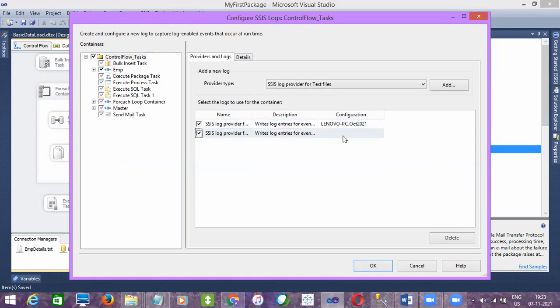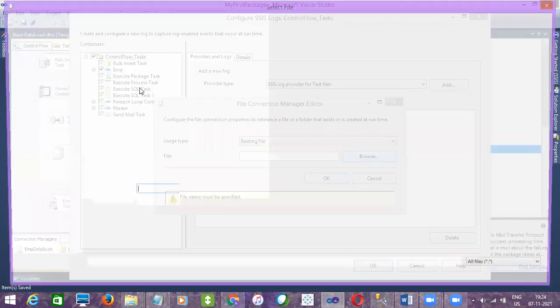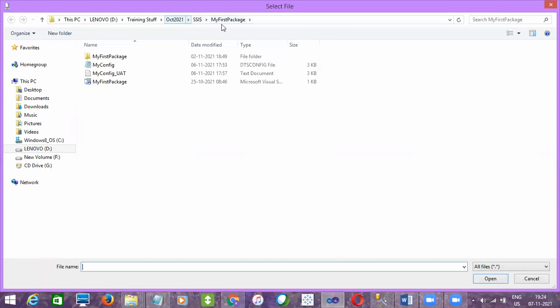Then in the connection, you have to choose the path, right? This is my other connection manager. For logging, I want to use a new connection. So click on new and browse to the file where you want to save that log file. I want to use it here. Maybe I'll give the name SSIS logging.